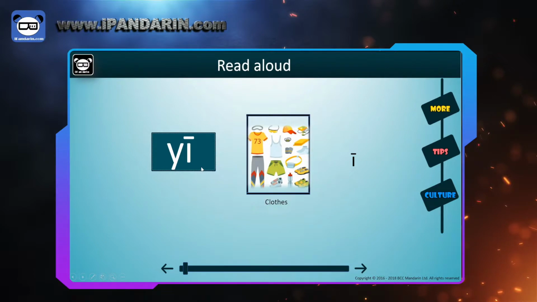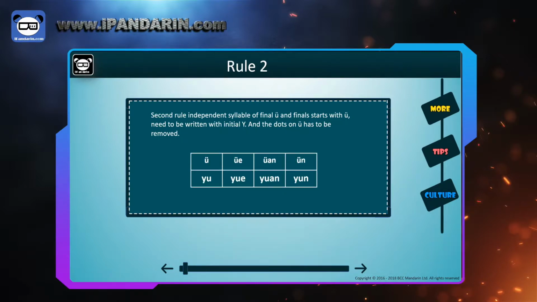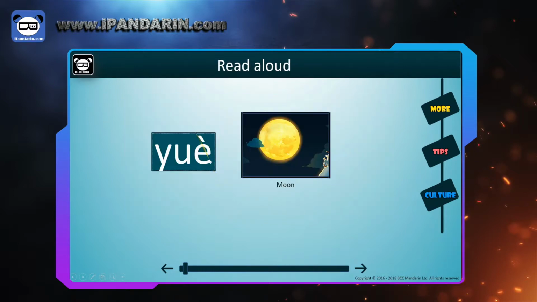Rule number 2, independent syllable of final U and final starts with U need to be written with initial E, and the dots on U has to be removed. As the chart shows, for Yu, Yue, Yuan, Yun, we need to write the initial E in front and remove the dots on Yu. For example, the syllable Yue, which means moon in Chinese, it's actually the final Yue with